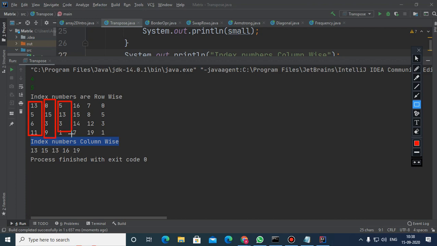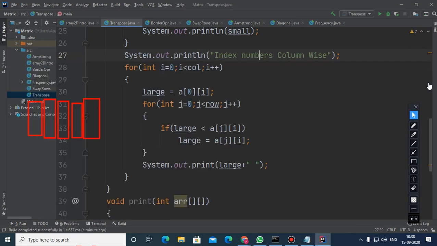For this column the largest element is 13 again. For this column it is 16, and from this column it is 19. So this is how you can traverse the elements of the matrix row wise and then column wise. This is very, very important.